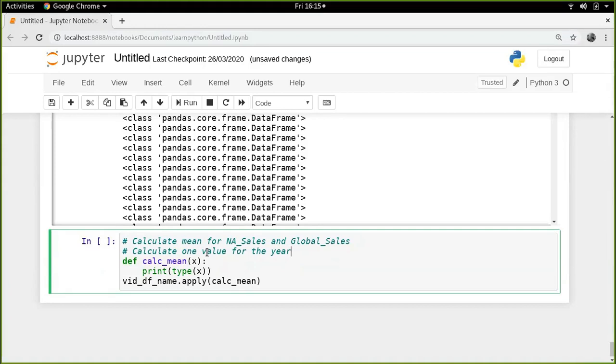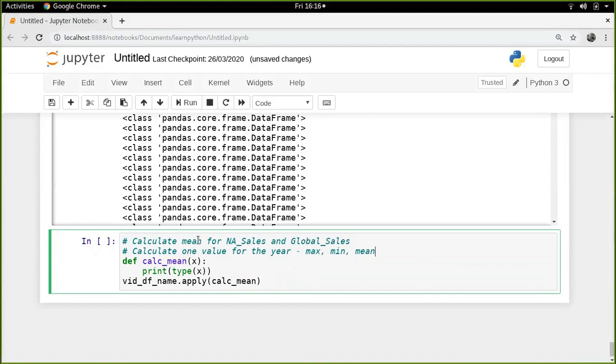We want to calculate one value for the year. So if there are a group of rows, we want to calculate one value for the year and we want to calculate the mean of these years. Now, what will this value be if there are different values? We can use either the maximum or the minimum, or if you really want, we can even use the mean, right? So what I want to do is I want to mix up